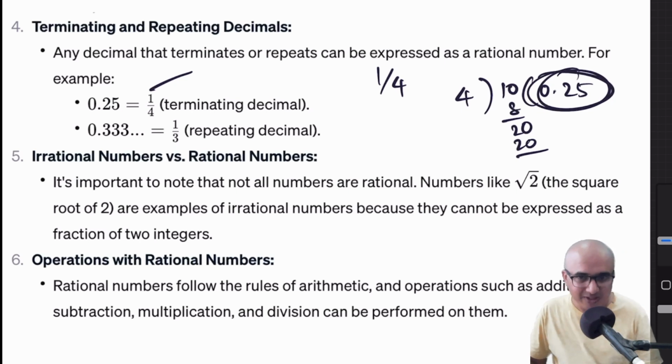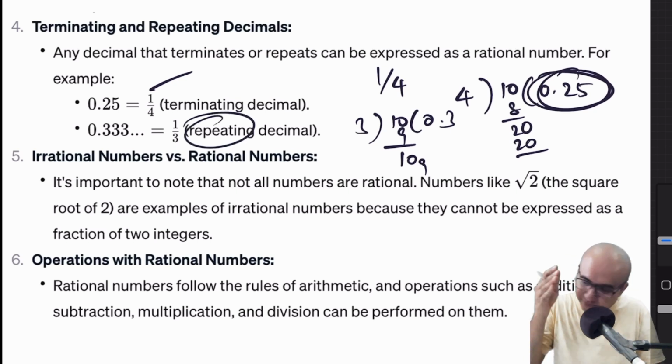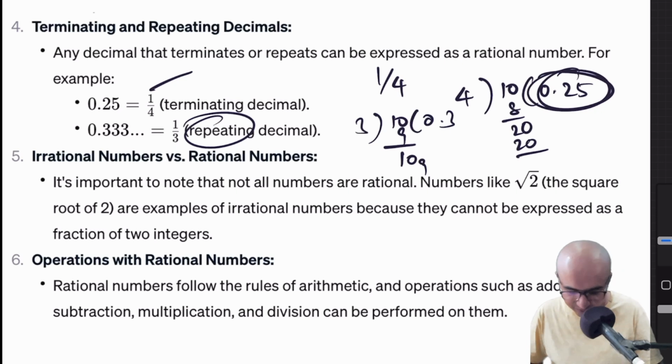In some cases, this will not be the case. For example, 1 divided by 3, 0 point, we will get 0.3, 3 3s are 9, 1, again same thing. It will go on and on forever. We can just go on, it will never end. So what is it? A repeating decimal. The same thing is getting repeated or recurring. That is with respect to terminating and repeating decimals in rational numbers.